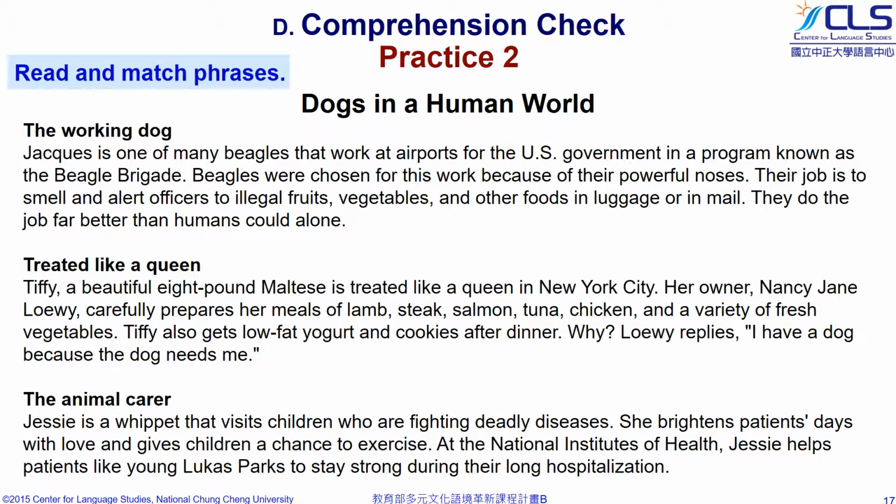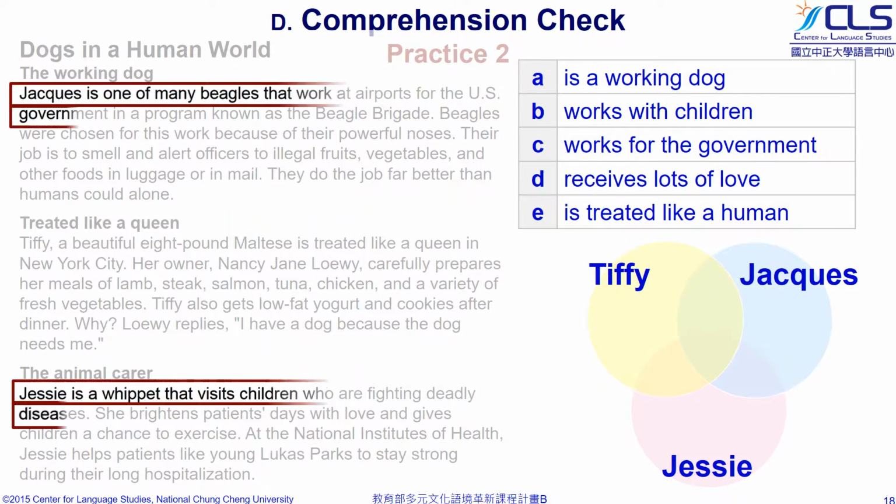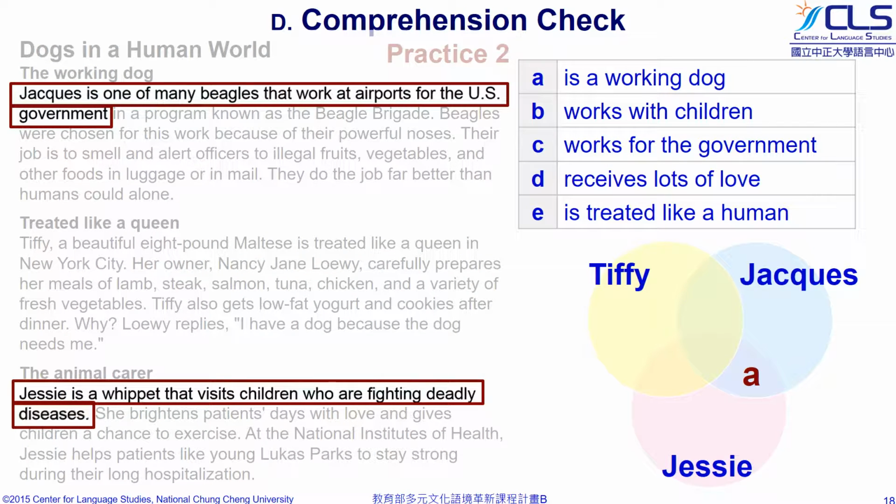Okay, let's move on to a longer article. Again, read the passage first, then we'll match the information in the article to the Venn diagram. Look at A first. We need to find a working dog. In the passage, we see both Jacobs and Jessie work, so we put A in the overlapped area of Jacobs